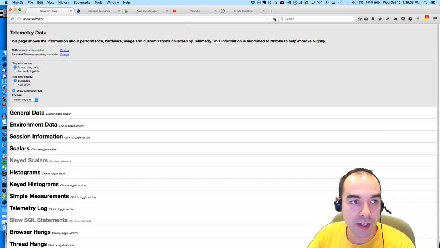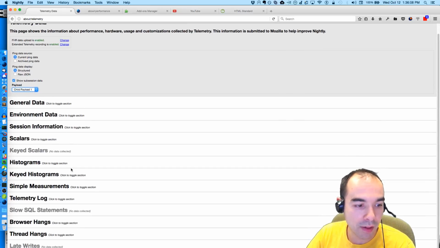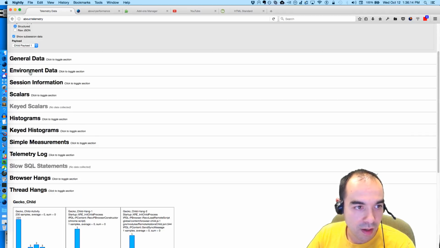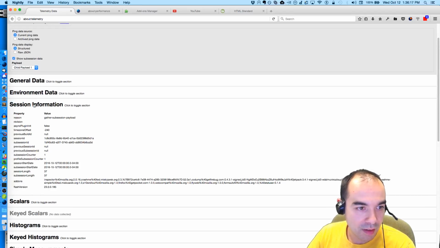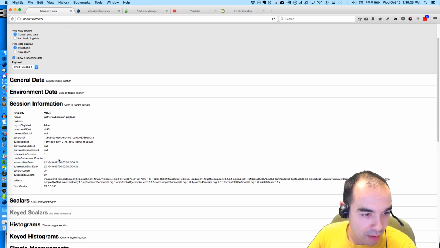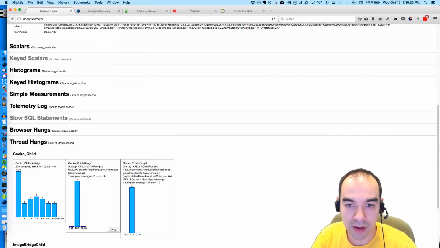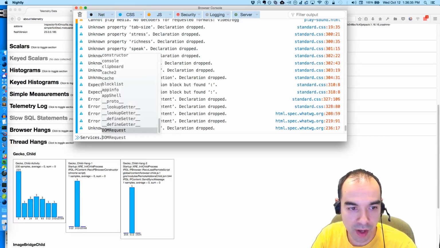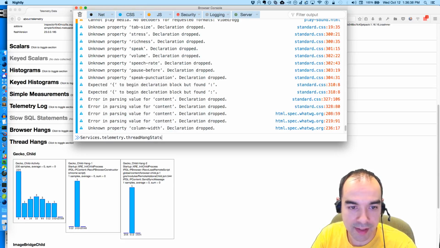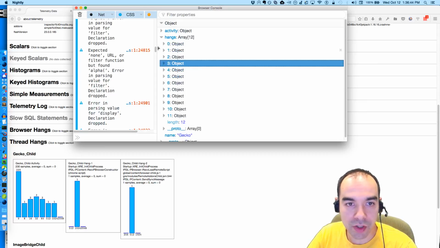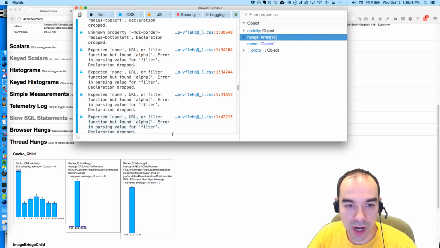And if I go to about:telemetry, I would expect that the child payload would have some of that data, but it doesn't. This payload is from today, but this is definitely not enough. There's more information to be gathered here. Like, if I go to Services.telemetry.threadHangStats, this is in the parent process, and there are a bunch of hangs here. If I try and get the child hang stats,